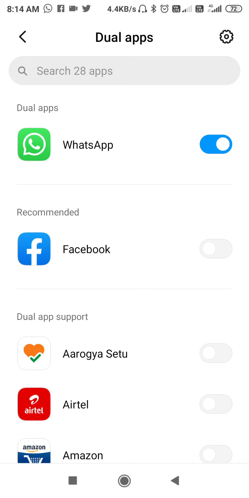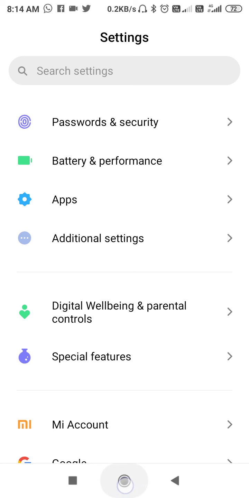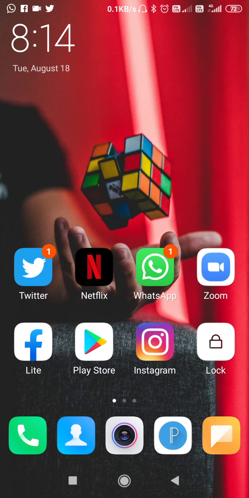And if you are still having the problem and are unable to fix it, then make sure to update your mobile software as well. You might be facing the problem because of not updating the mobile software. Just go to settings, click on about phone, update your software, and after that make your WhatsApp dual, and then you can use it easily. This is the solution to fix your WhatsApp problem on your Android.